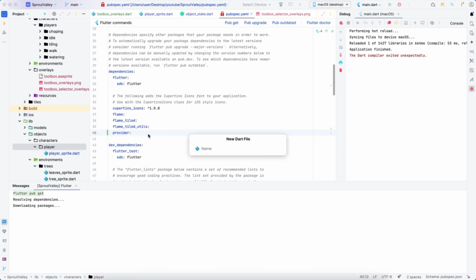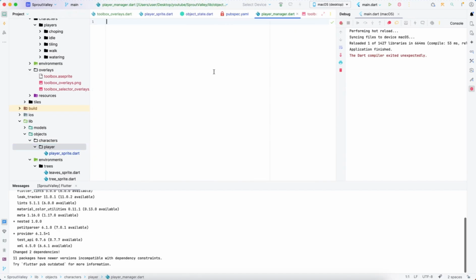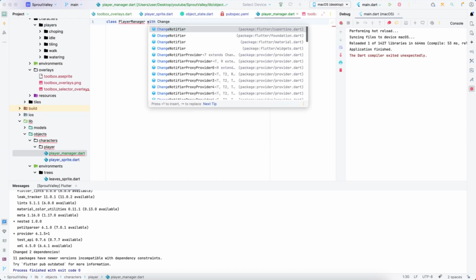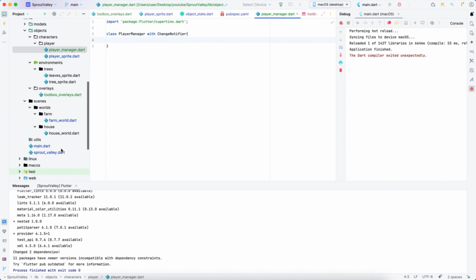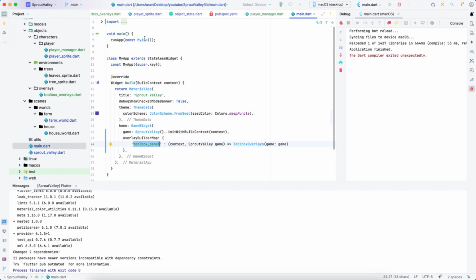Here I'm gonna create the player manager. So it's called class player manager with change notifier. So and then I'm gonna wrap this for multi provider, I think his name. Here I'm just gonna wrap with